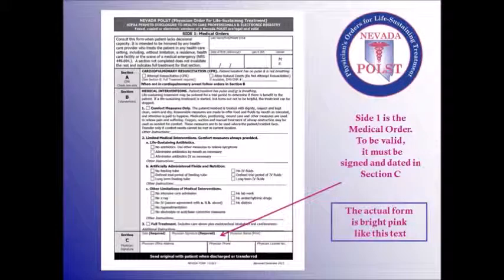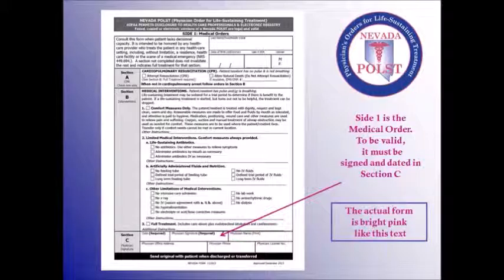The form is, again, a 2-page form, typically and ideally done on hot pink cardstock. But that, as you'll see, is not an absolute requirement. It's just a preference for Nevada POLST. And on side 1 is the medical orders, but one of 2 signatures is found here.